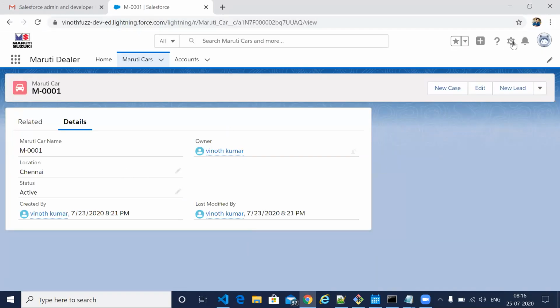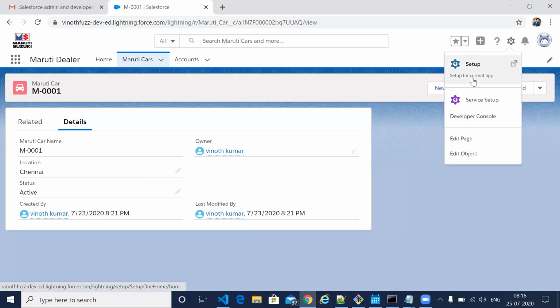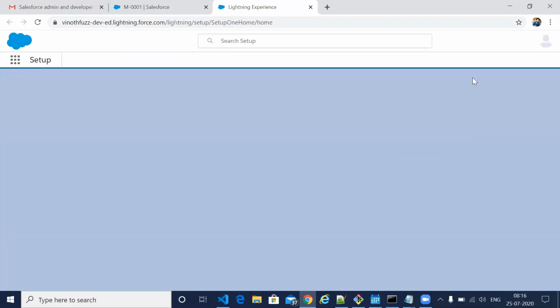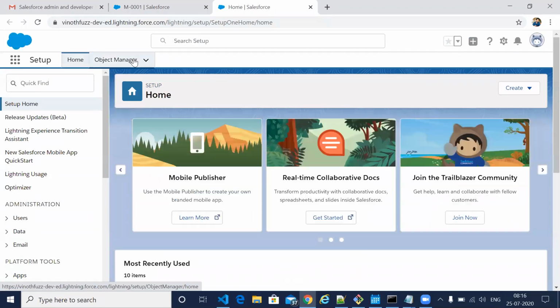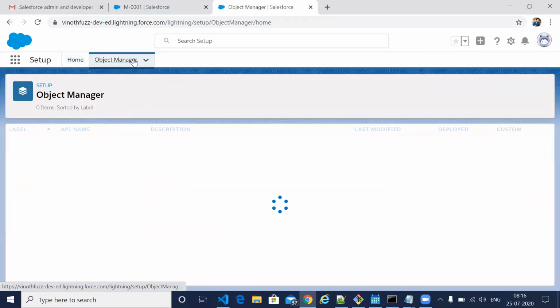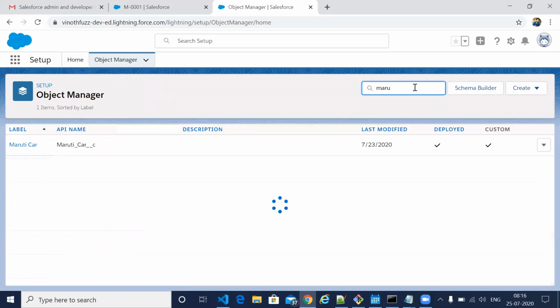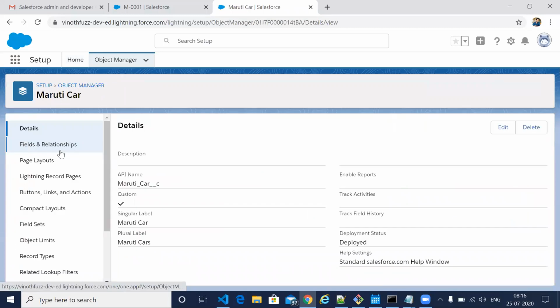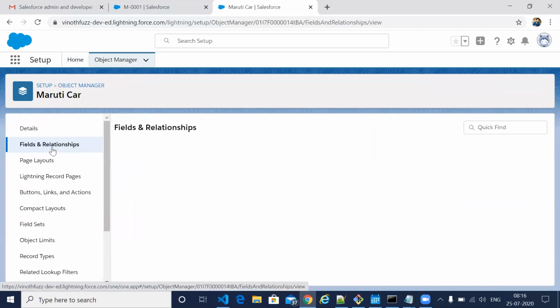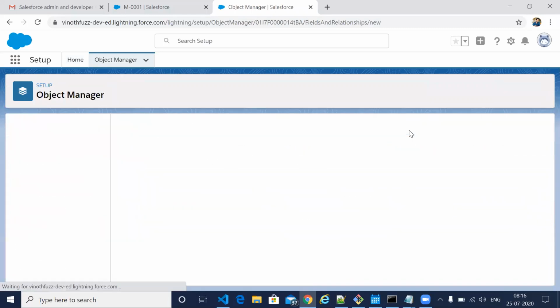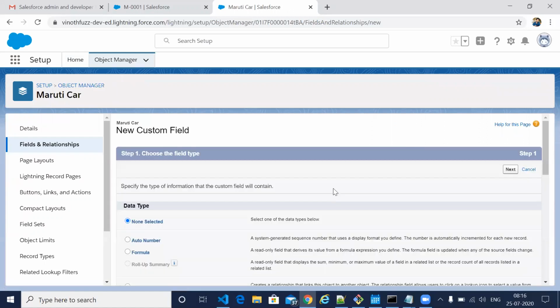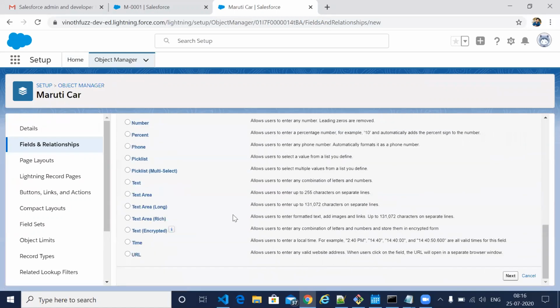So let us create some more fields. Create one more pick list field.